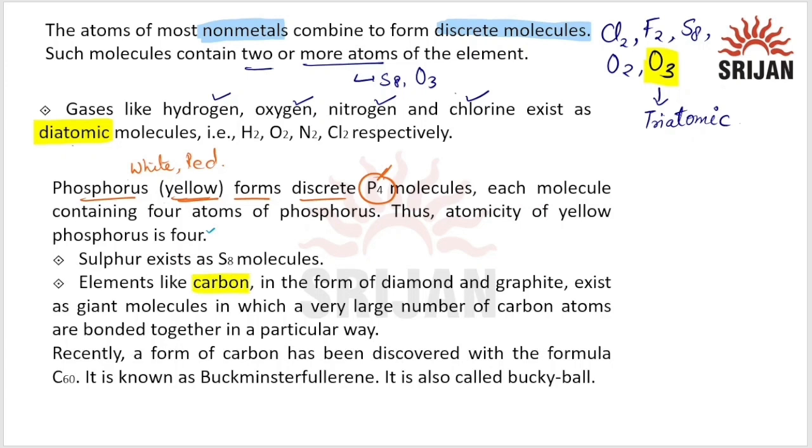Carbon is found in the form of diamond, which is a 3D structure, and graphite, which is a 2D, layered structure. In these big structures of diamond and graphite, many carbons are associated with each other. Therefore, in that case too, carbon is found in associated form, or you can say in giant molecular form. Similarly, buckyballs are found in which carbon is associated in a group of 60. We have discussed non-metals.